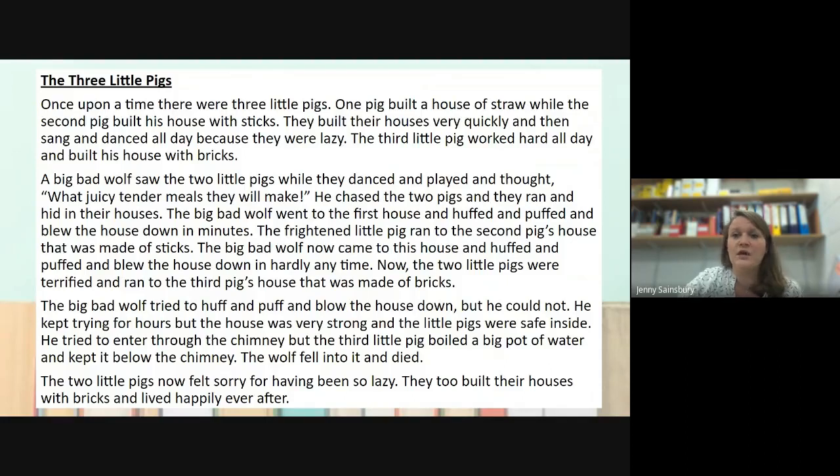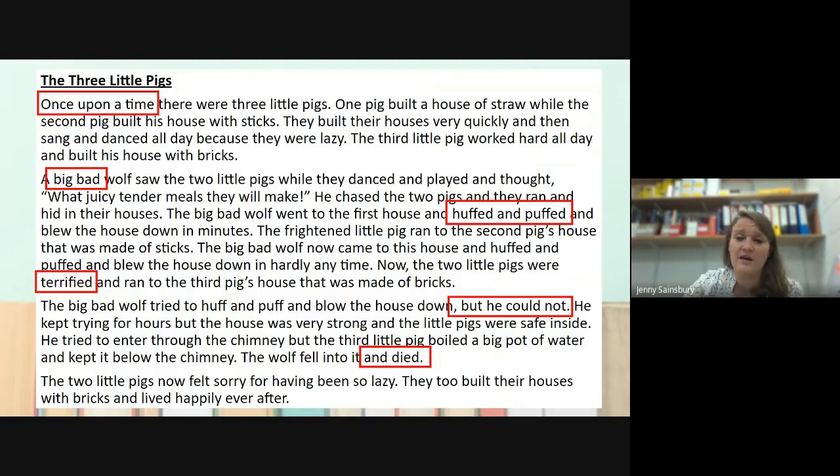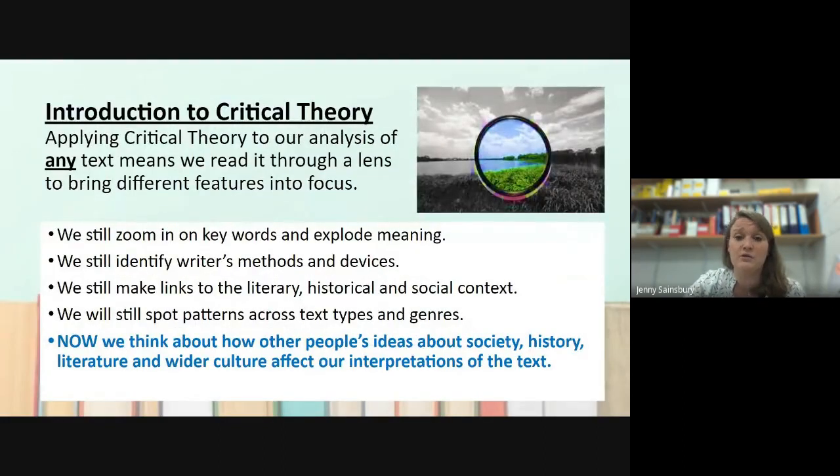Okay, so if we were just at GCSE level and we were just exploring and exploding this particular text, we could look at things to do with the language choices. So we would look at things like the alliteration of Big Bad Wolf, maybe the structural device of meeting a fairy tale, the conventions of a fairy tale, Once Upon a Time, the sound patterning, onomatopoeia of huff and puff, the emotive language, terrified, and some of the structural devices in terms of the sentence forms and syntax that the writer has used. However, as A-level students, what we're going to do is we're going to apply critical theories.